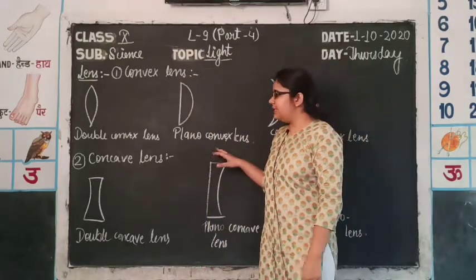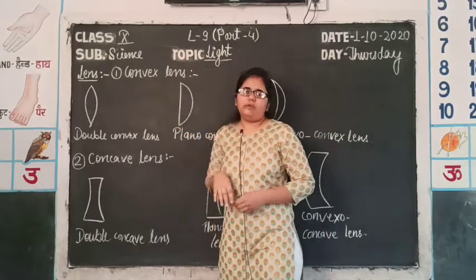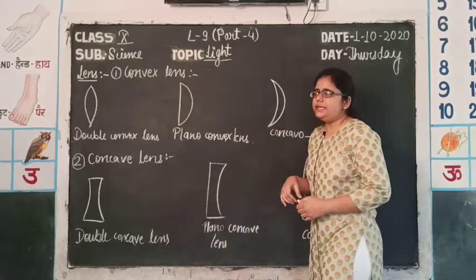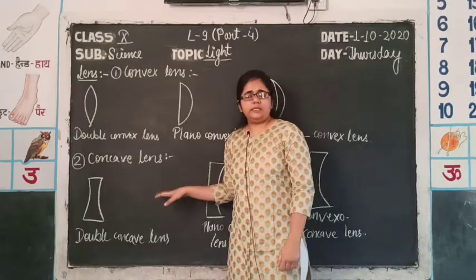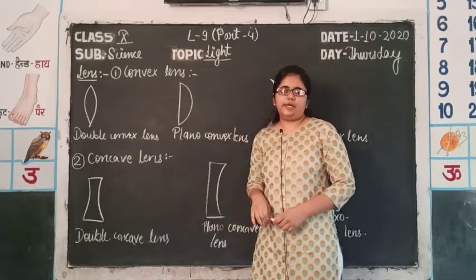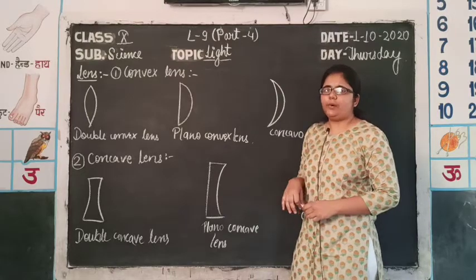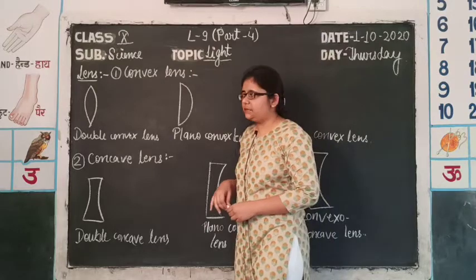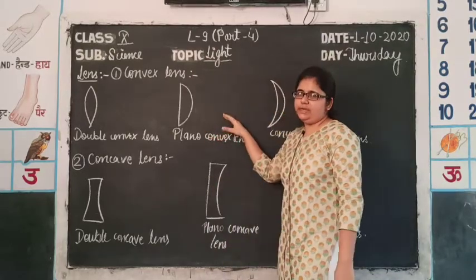First of all, lens is of two types. First one is the convex lens. Convex lens helps in converging the rays, that is meeting the rays actually. But in concave lenses the rays diverge, and due to the diverging nature it appears to meet at a point, and so virtual images are formed in the concave lenses. So in convex lenses there are particularly three types of lenses.